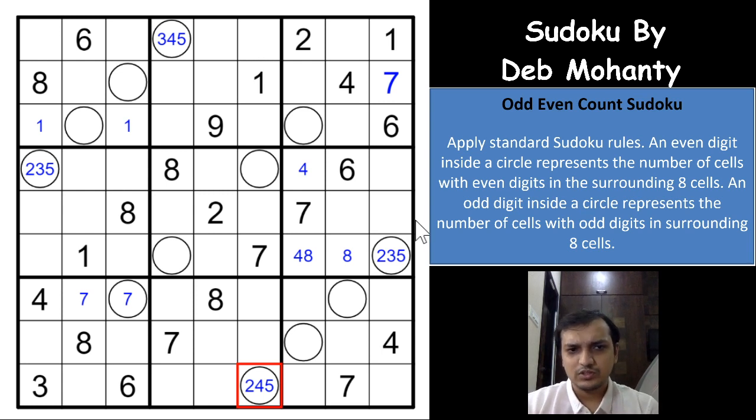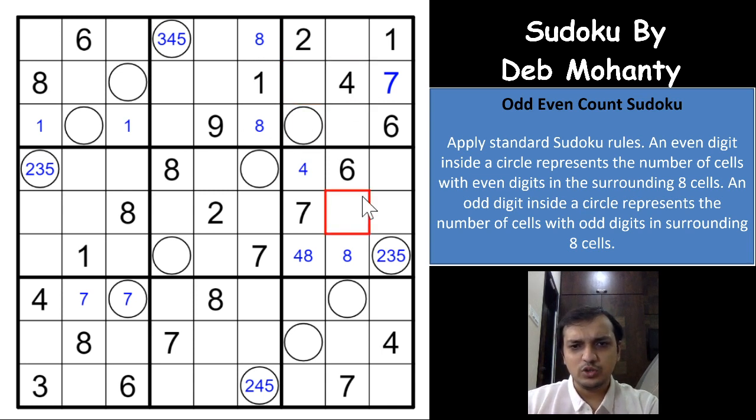Okay, so let's see what else we get here. 8 here and 8 here will give you an 8 in one of these 2 cells, right? So you cannot have an 8 here, right? Excellent. You cannot have an 8 here because